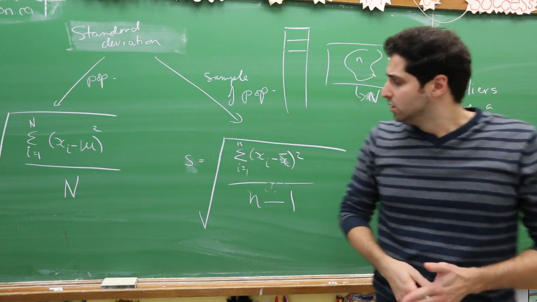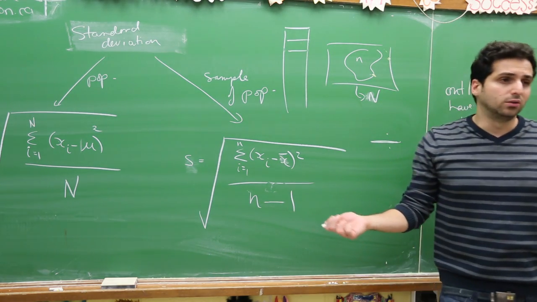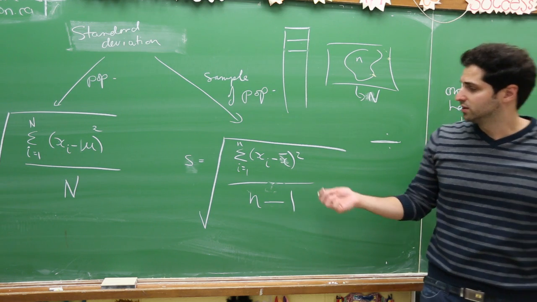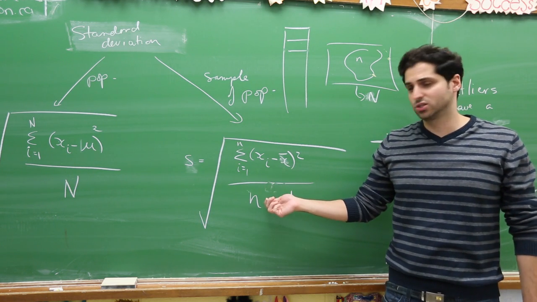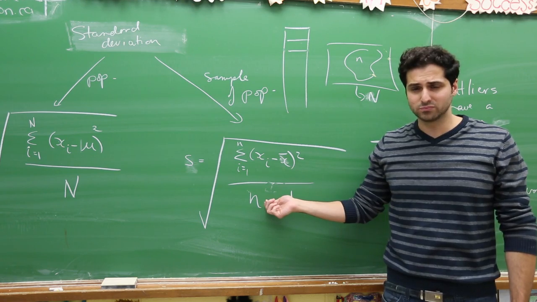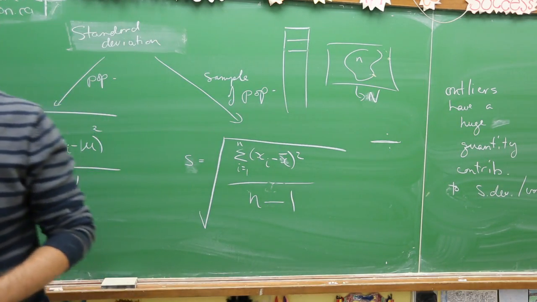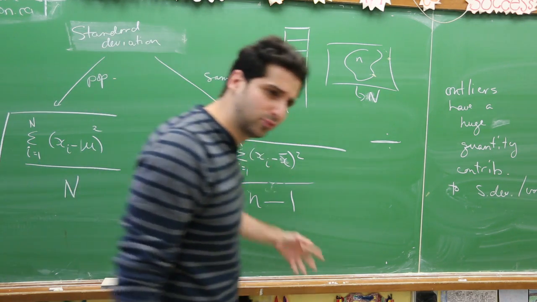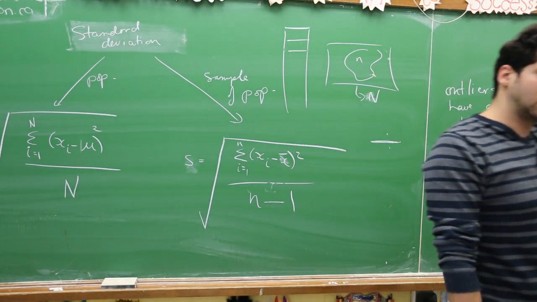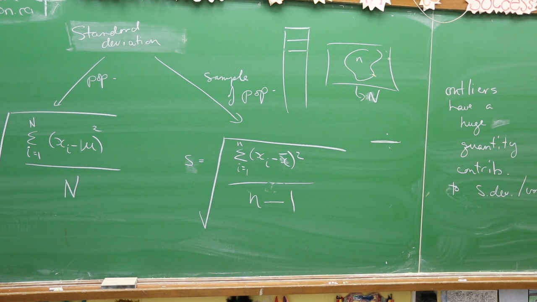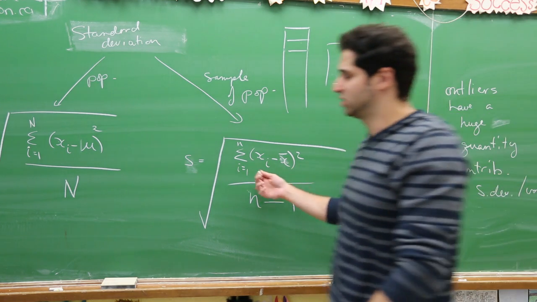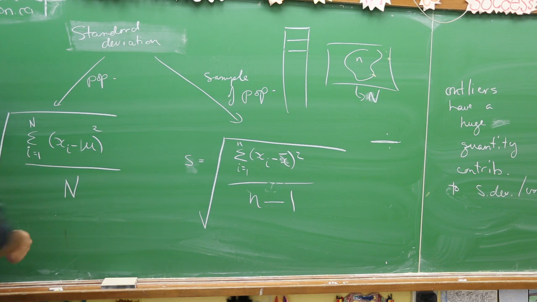So what does that minus 1 do? It inflates the value, because obviously you decrease the size of your denominator, and you increase the size of the entire value. So it artificially reinflates the sample standard deviation to make it start to approximate that reality. And of course what's cool about it is